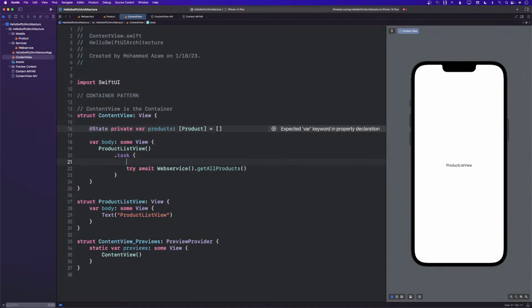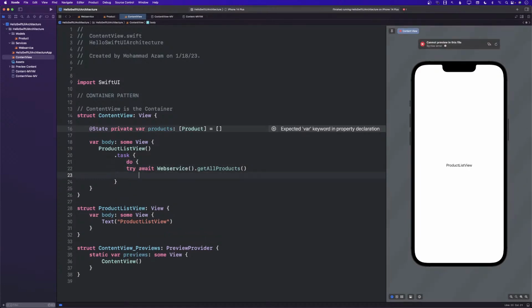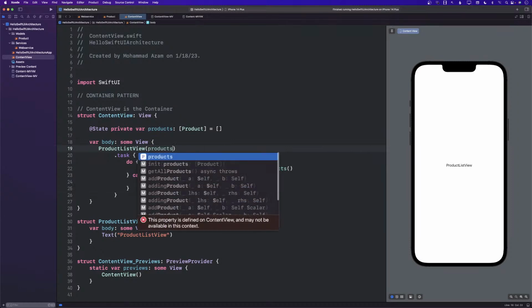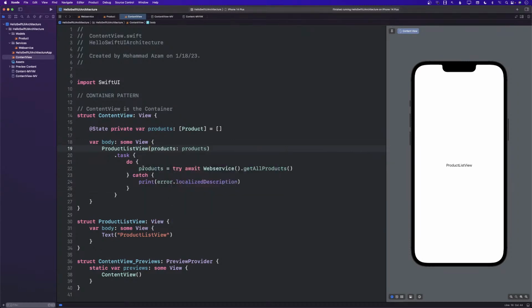Try await, do. In this case, we don't have any aggregate model. We don't have any view model. The container is responsible for downloading the data and assigning it to the products, not displaying it. For displaying the products, this needs to be passed down to the presenter view.